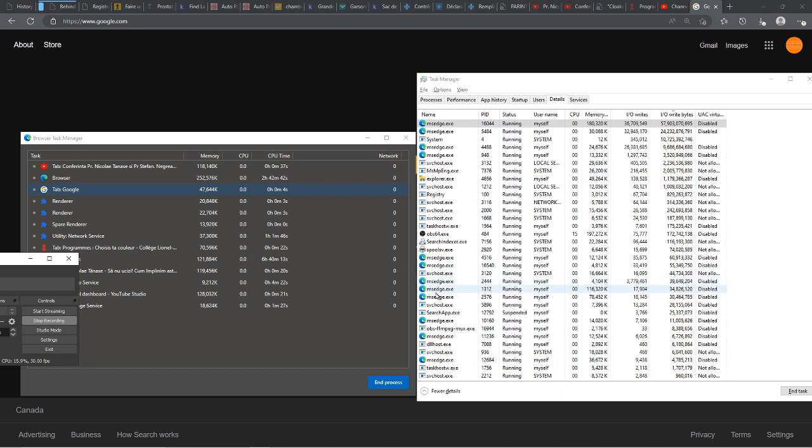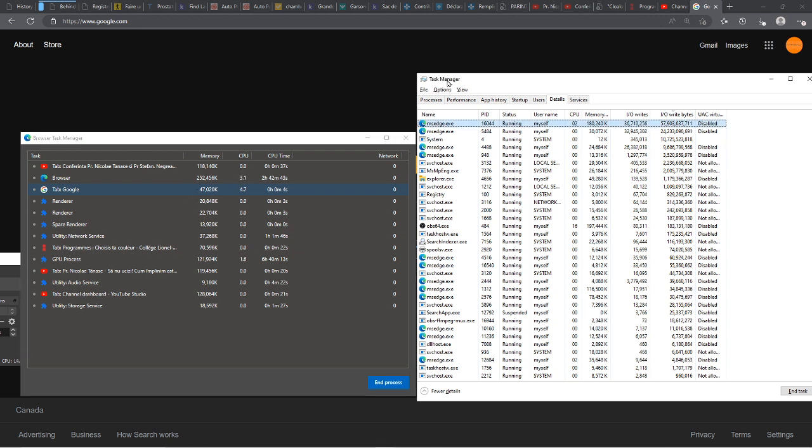So maybe you want to close some tabs of the browser to just save the data being written on the SSD. It maybe is a little bit excessive. You don't really need to worry about this unless you see big numbers here, but I'm just giving you this tip. So this is the task manager for the computer, and this is the task manager for the browser. It's a different program that's running just for the Edge and I think Chrome browsers. I don't know for other browsers, just for these two.